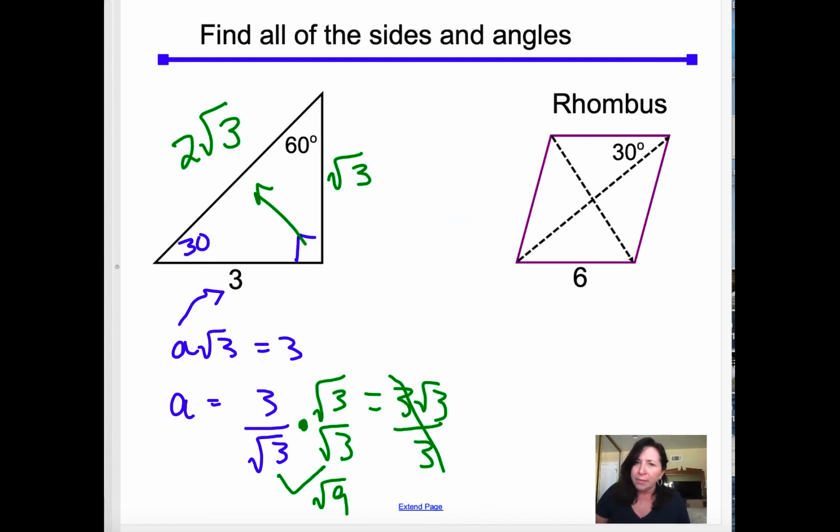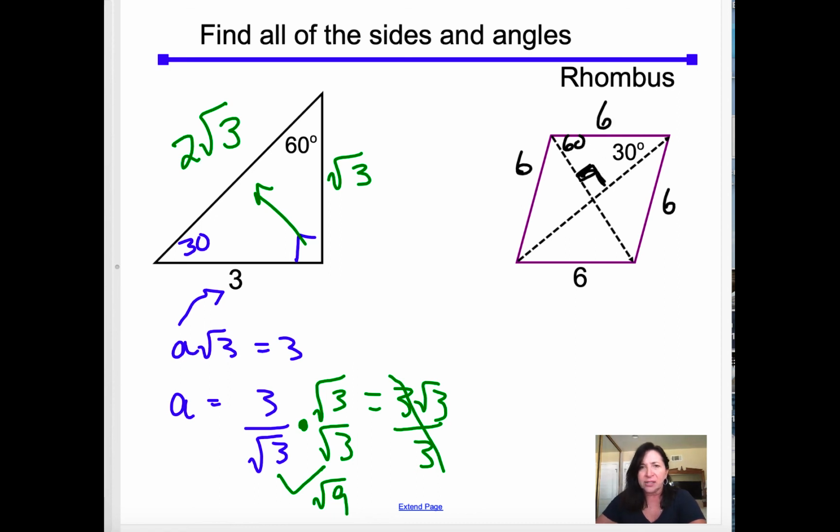Okay, rhombus. What you should remember about a rhombus is that the diagonals make little right angles. You also should remember that all the sides are congruent in a rhombus. So 4 congruent sides, diagonals make perpendicular lines. That makes that a 30, 60, 90. It means that across from the 90 is 6, and that's 2a. So this value is equal to 2a, which means that a is going to be 3, which means across from the 30 is 3,